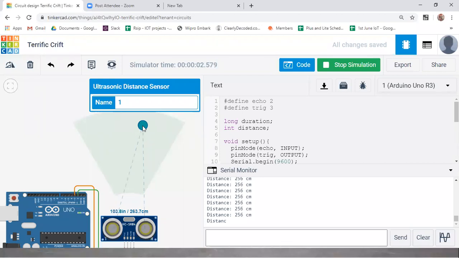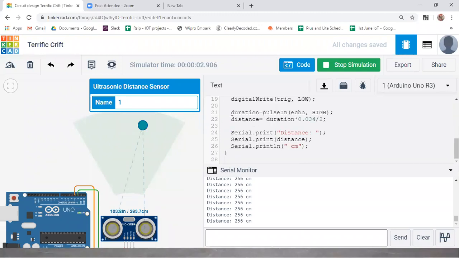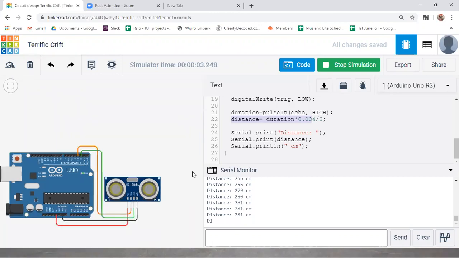To get the accurate values, when you are integrating the real-time sensor part, there you can alter the formula, guys. You can alter this formula, which you have written here in the code. If you are altering that formula, you could get the accurate values. Right. So this is how to integrate an ultrasonic sensor with Arduino, and how to read the values in the serial monitor.